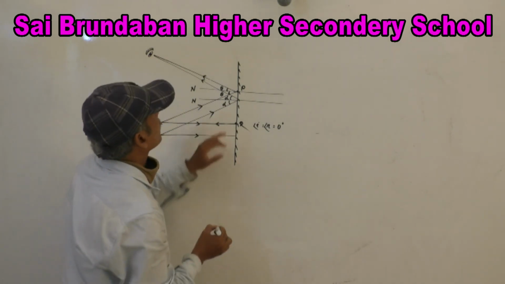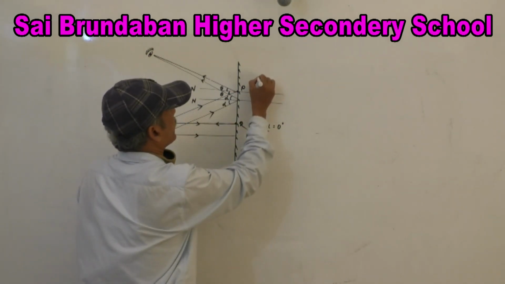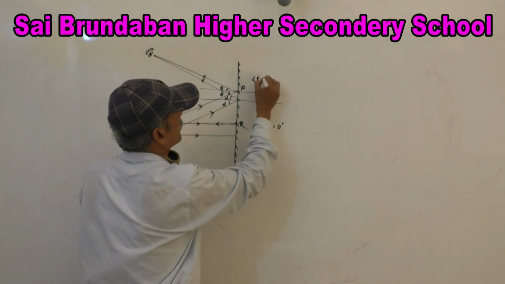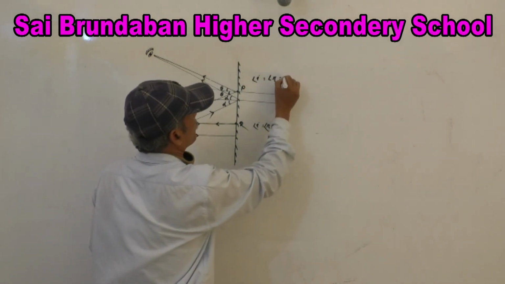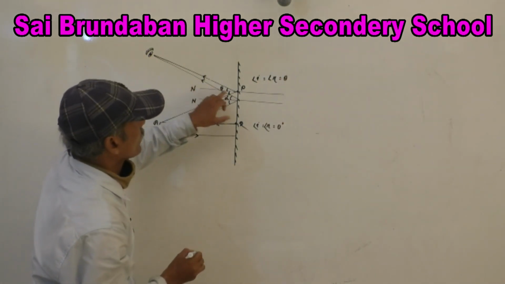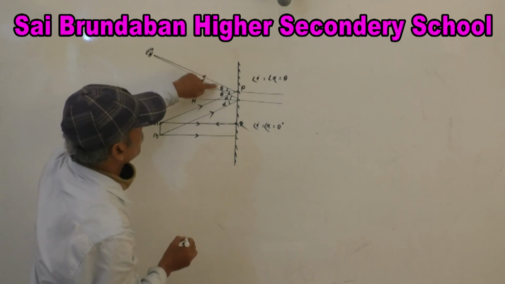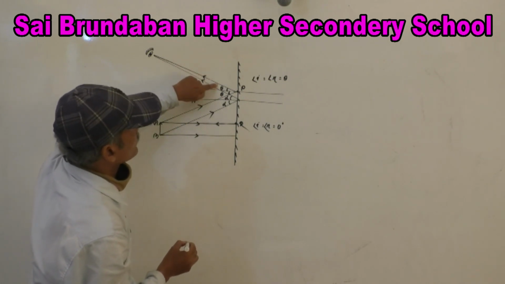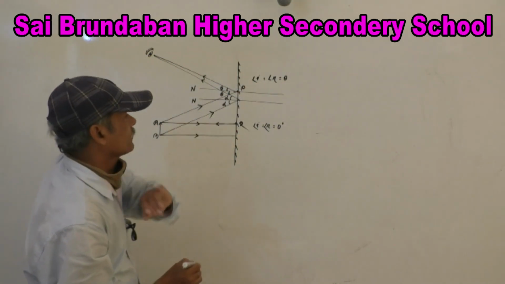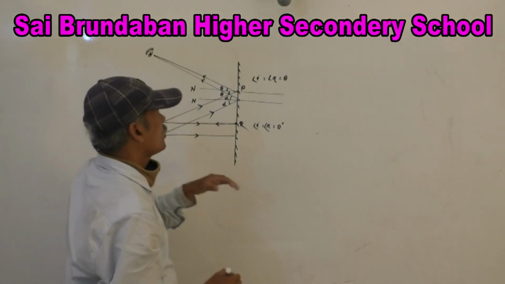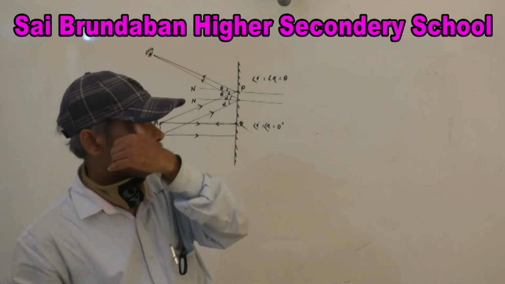Here angle I is equal to angle R is equal to theta. So now this is the normal, this is the incident angle, this is the reflected angle, both the angles are the same and it is taken as I is equal to R is equal to theta. So what happened in case of a plane mirror,